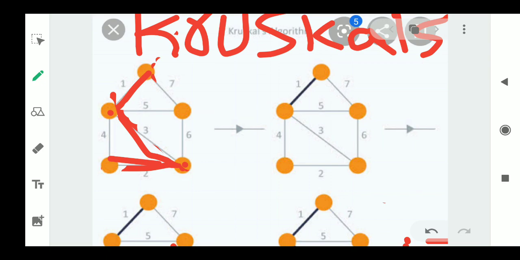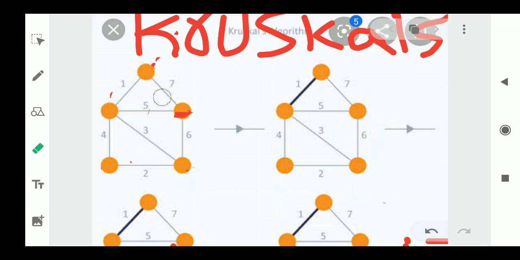So only one vertex is remaining here, that is 6. How will we do this with 6? We will look at all the neighbor vertices. This is a neighbor, this is a neighbor, and this is also a neighbor. Among all of them, which one has the least cost? Suppose this one is 7, this one is 6, and this one is 5. Among all of them, the least cost is 5. So I will connect that least cost edge. Now you see a circuit has not formed, and I have connected all the vertices.